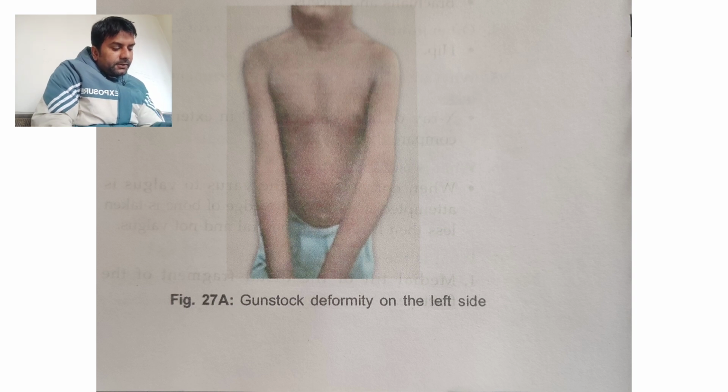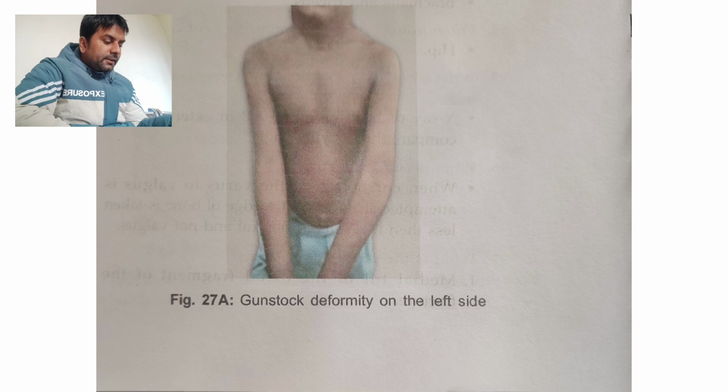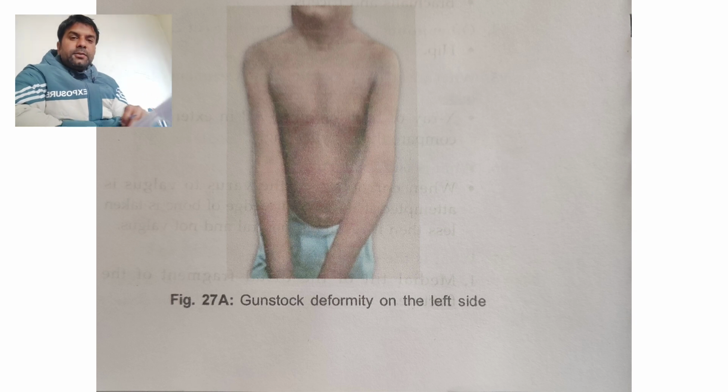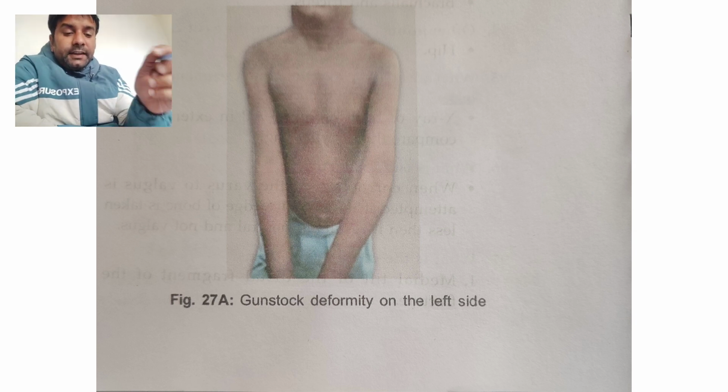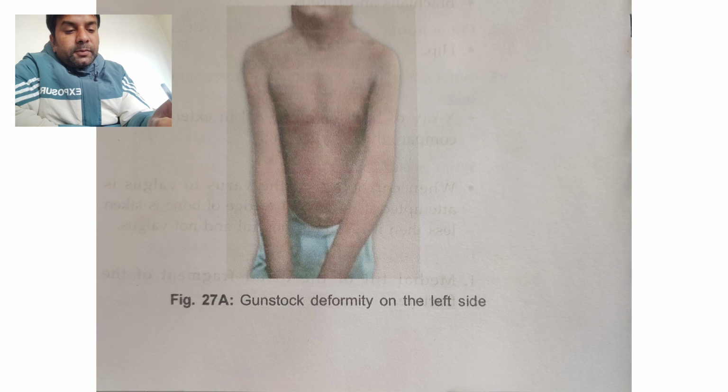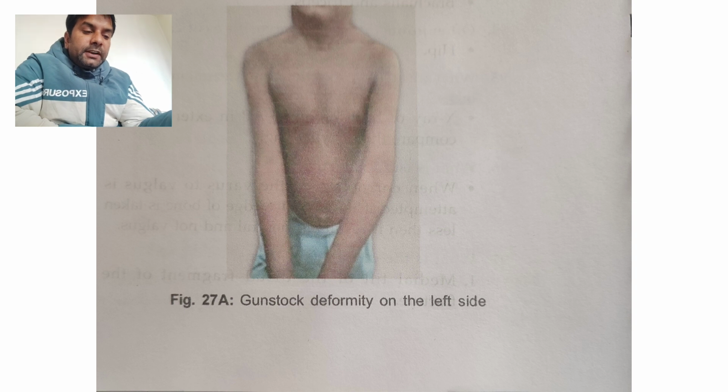What is the cause of the varus? Why did varus occur? First, medial tilt of the distal fragment of the fracture. Second, increased bone formation on the lateral side, probably due to the weight of the limb.